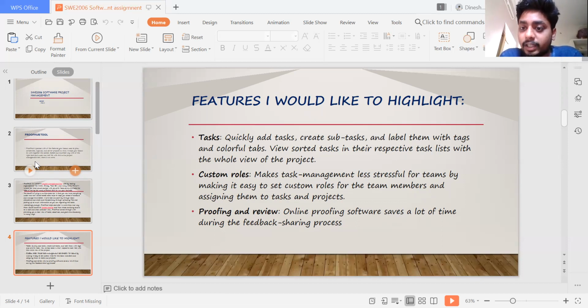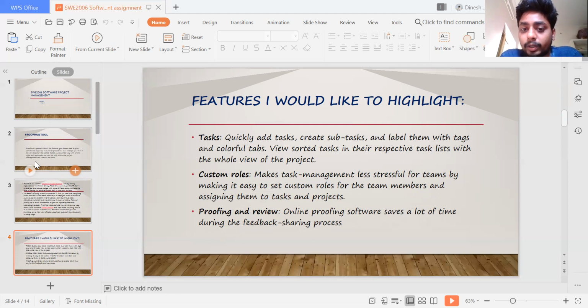You can sort a task in its respective task list, and with the whole view of the project, we can see the tasks. Custom roles make task management less stressful for our team by making it easy to set custom roles for the team members and assign tasks and projects. When we are doing projects, say we have 4 members in a team, we need to plan what each member should do and what tasks to assign.